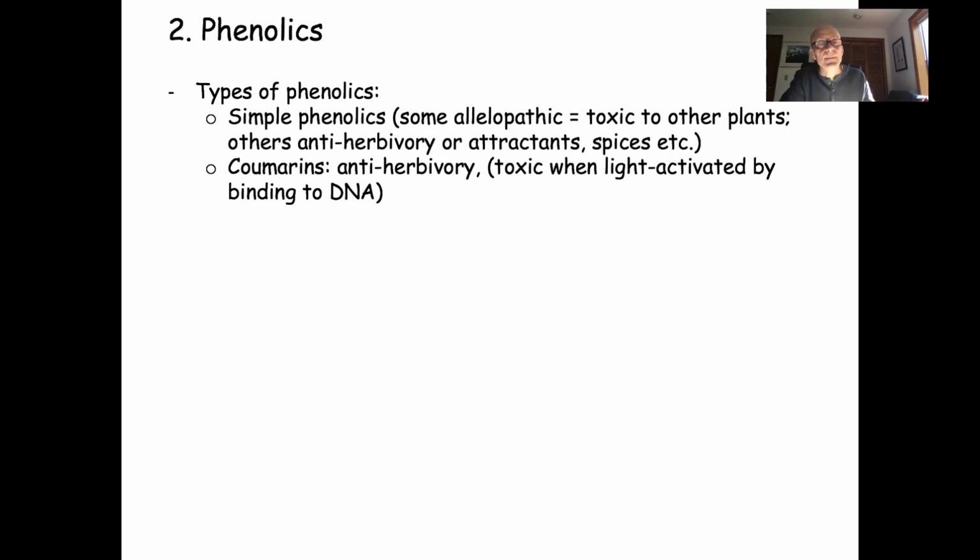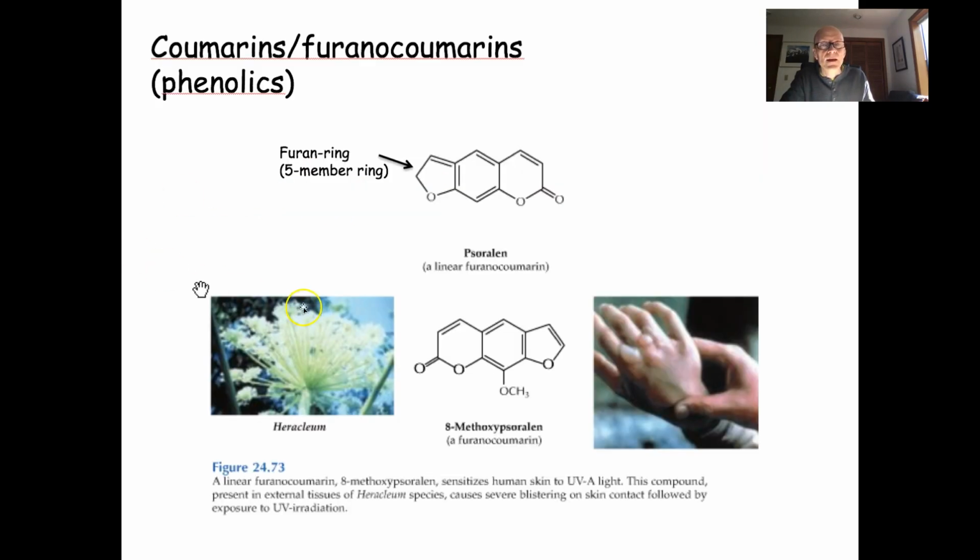So next, I'm going to show you some other phenolics that are called coumarins. So this is a subgroup of phenolics. These are anti-herbivory substances that plants make, and they are toxic after being light activated from UV light. And what can happen then is that these coumarins can bind to DNA, and I'll show you a picture. So coumarins are also